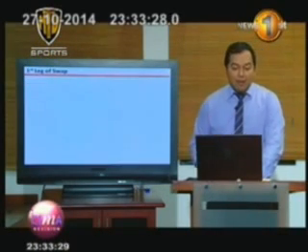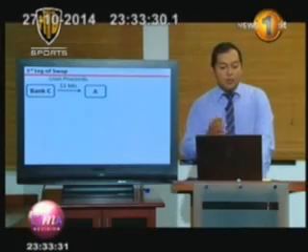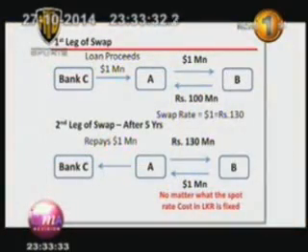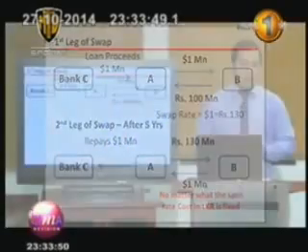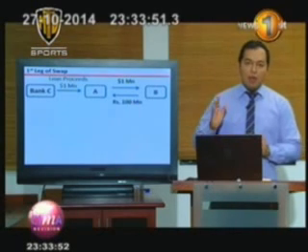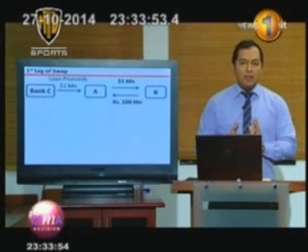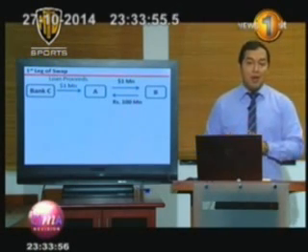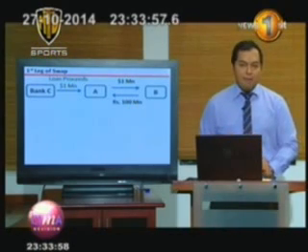So if you are A, what you will do is take your loan, we will assume from bank C for $1 million, and find yourself a counterparty who is willing to take dollars and give you rupees in exchange. So we first swap $1 million for 100 million rupees at the point of receiving the loan. But we tell this counterparty, look here, I will give you $1 million now, you give me rupees, but I want this $1 million back in 5 years time.